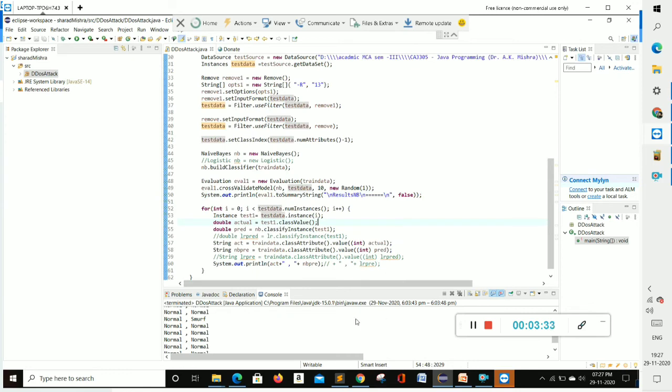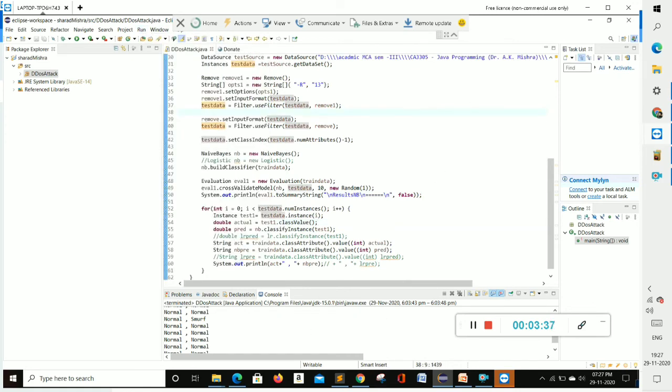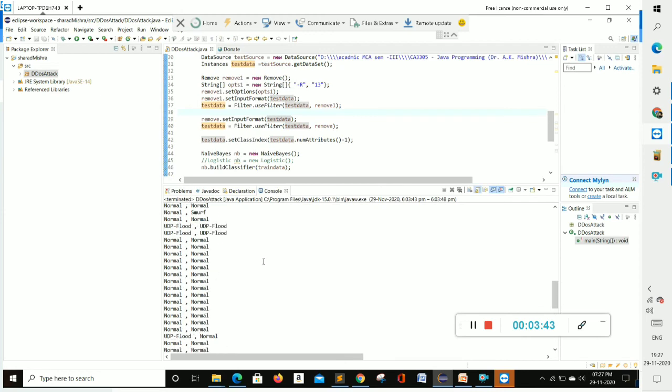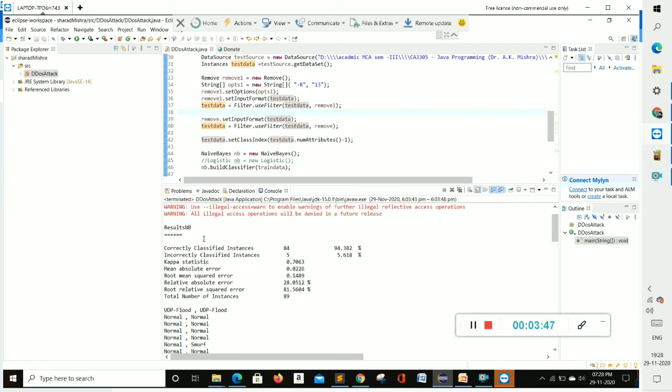Let's move on to the run part. Here it has already been run. Look at this. The result of our code: the correctly classified instances are 84, the accuracy is 94.382%, and the incorrectly classified instances are 5, with 5.618%.